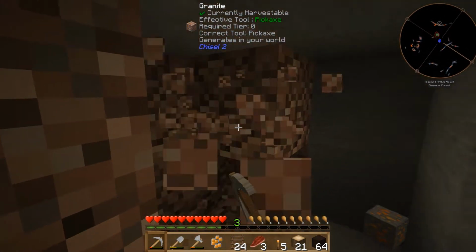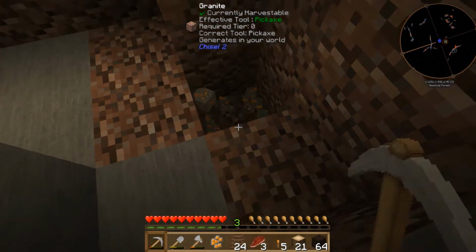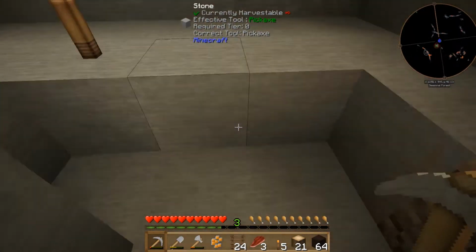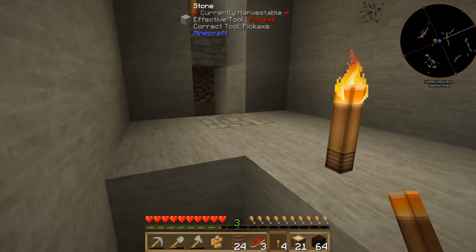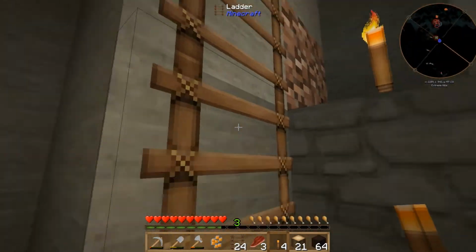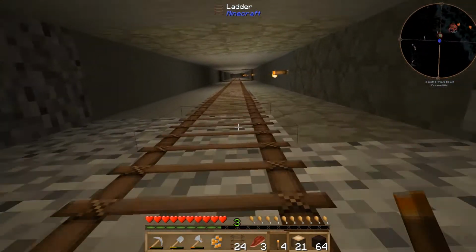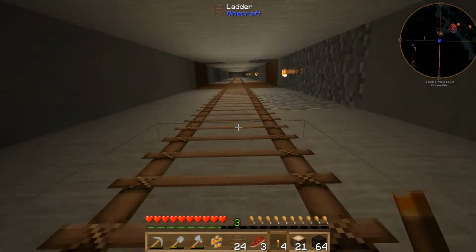And there's just a little bit more copper down there that we can get. A lot of the early stuff you need copper to start building. I'm just going to pop a torch in there just to make sure that's lit up. And then jump back onto our ladder and back to the surface, and we'll get our grindstone going,